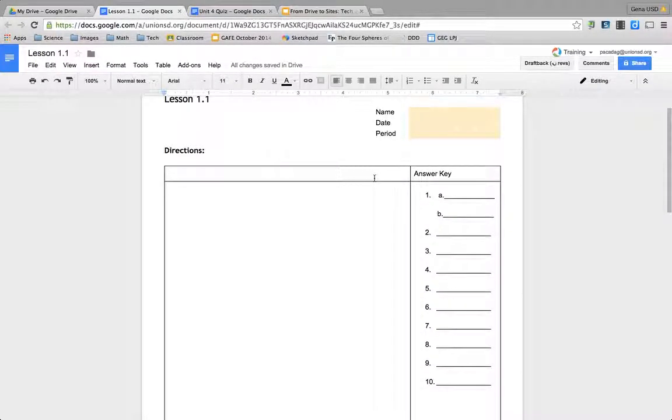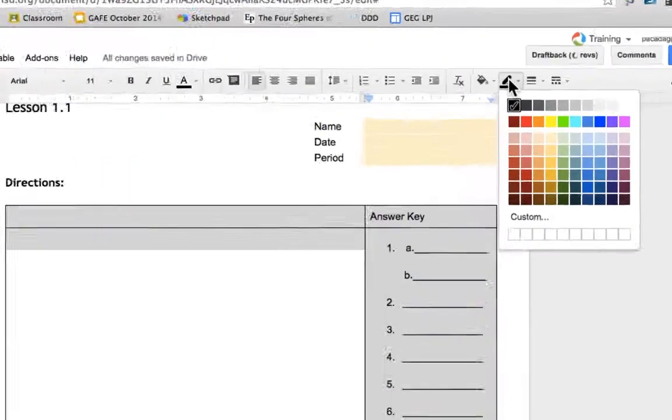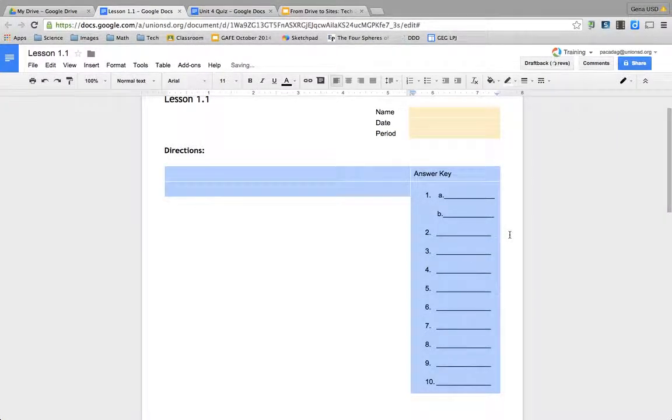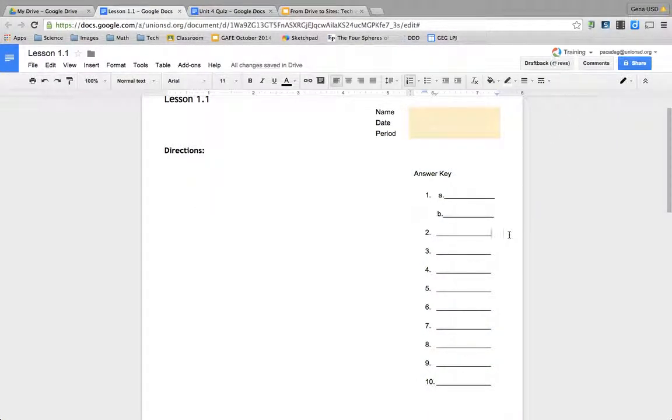So just like we did with the name heading, I'm just going to select the whole thing. If I didn't want a border, I go to this border color icon and select white, and it disappears. If you're printing this test out, you might just want one column to have a border, so I'm going to